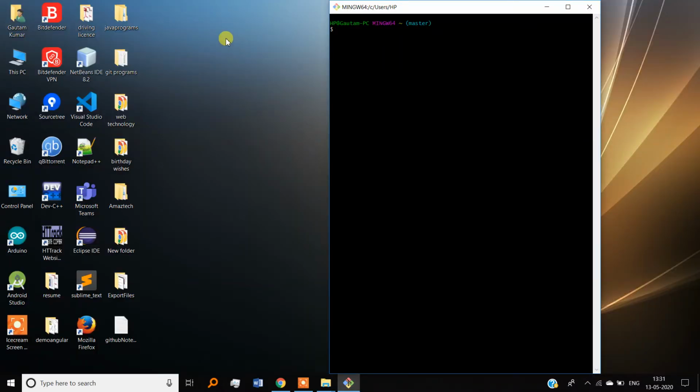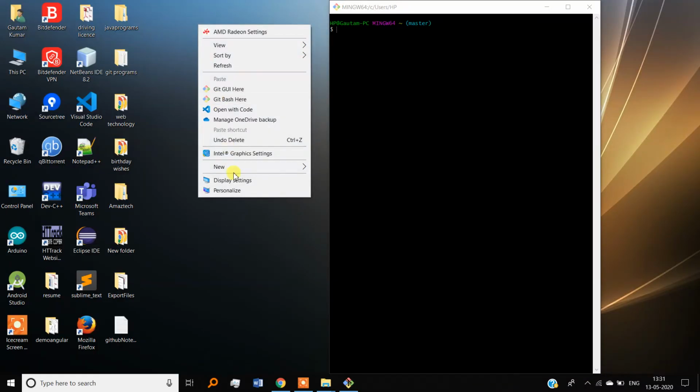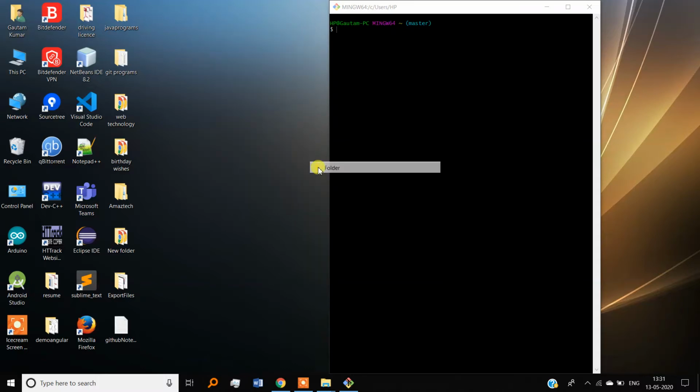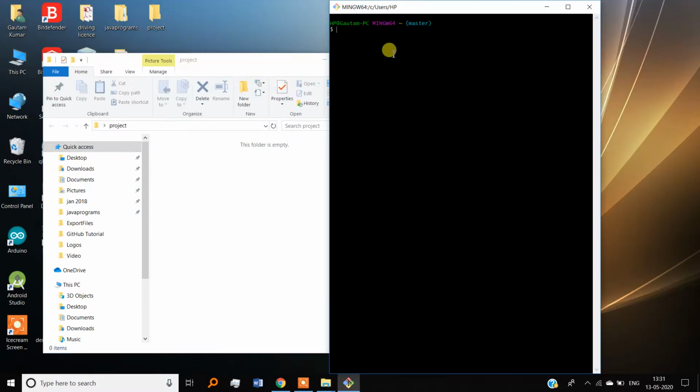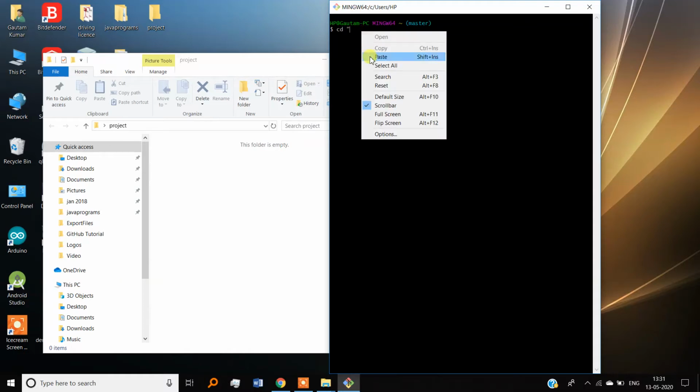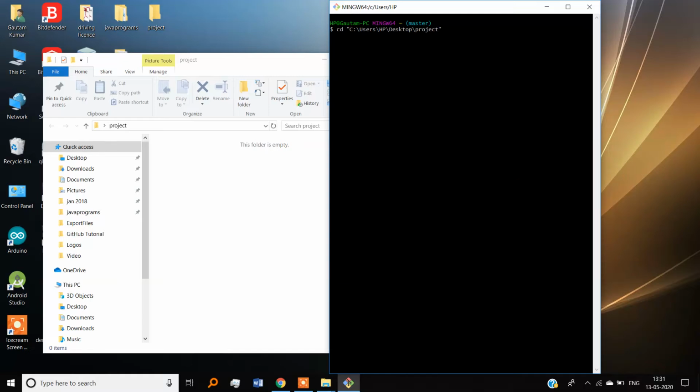So here we will create one new folder and name it project. We need to copy the path of this folder from here, and there is a command cd, and paste that path, and it will take us there.